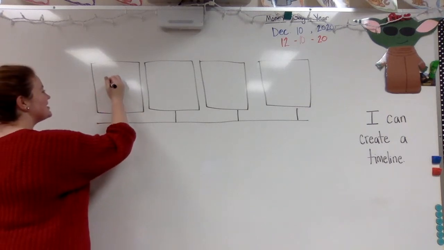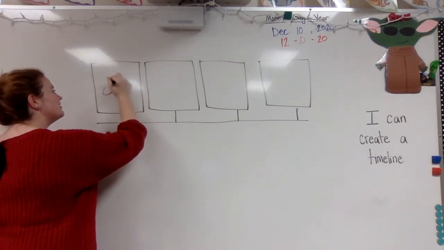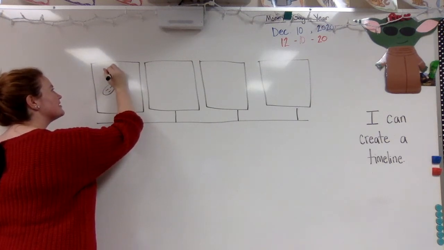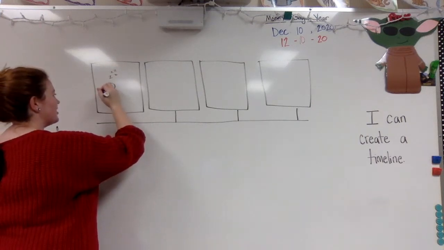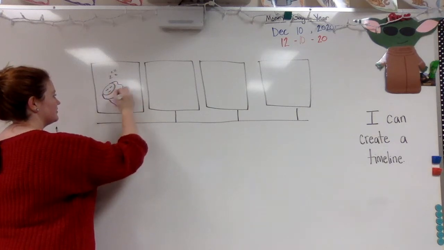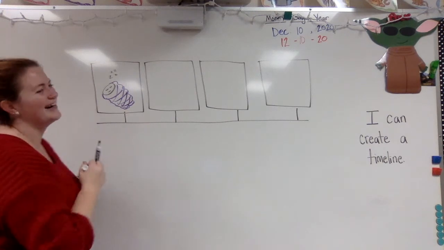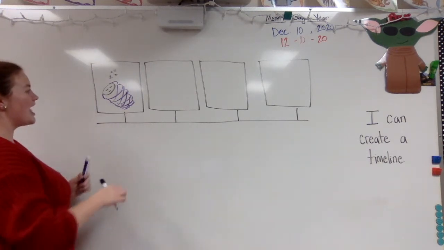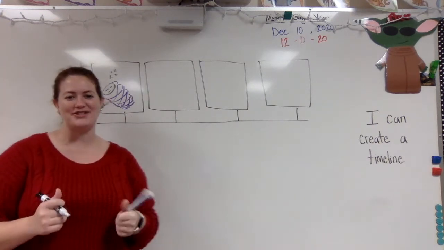So here is maybe, what if we did like a cute little baby sleeping, and I'll do some Z's because that'll be like sleeping, and then maybe like a purple blankie. You know how babies are like swaddled in blankies? Well, that looks like Miss Lime is in a cocoon. But that's okay because I'm trying my best. And underneath it, when I put my label, it's going to explain what my picture is.